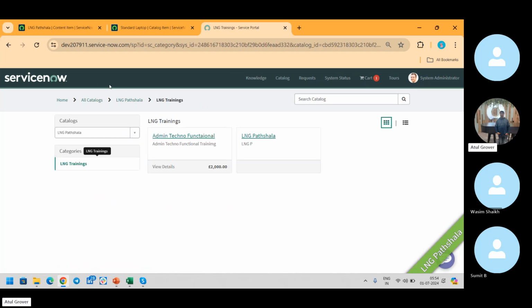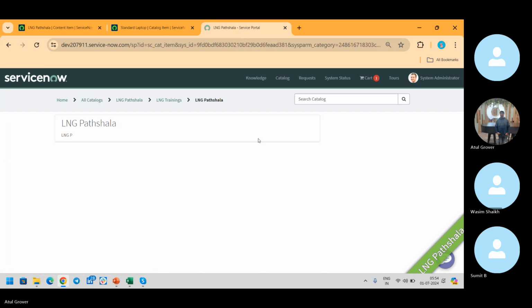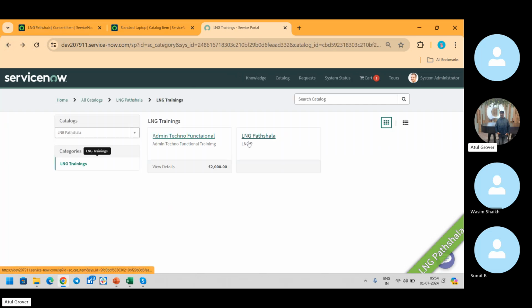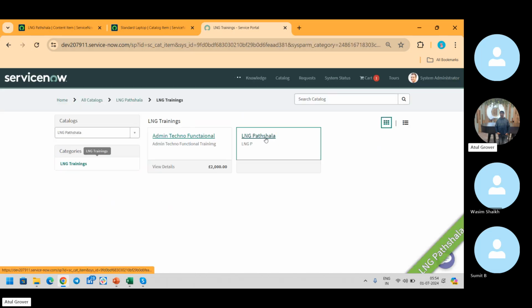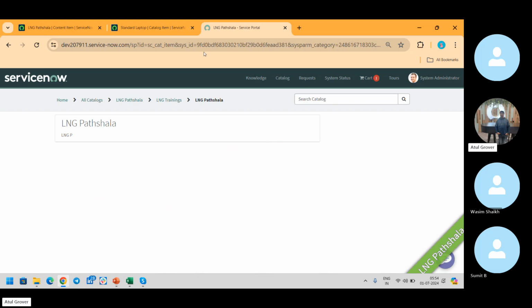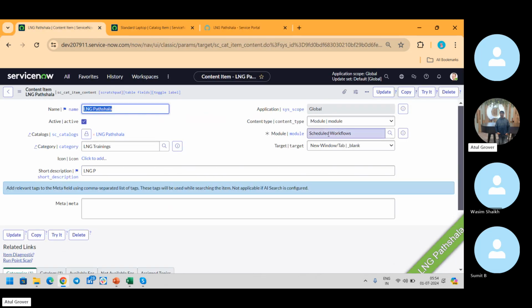Go back here, just reload and then show. अरे यार क्या हो गया? हम गलत तो नहीं चेक कर रहे कुछ? Oh, it's taking time to load. Otherwise वो आपको एक मॉड्यूल दिखाएगा शेड्यूल वर्कफ्लो का, and then it will take you there. So if you want to show something specific